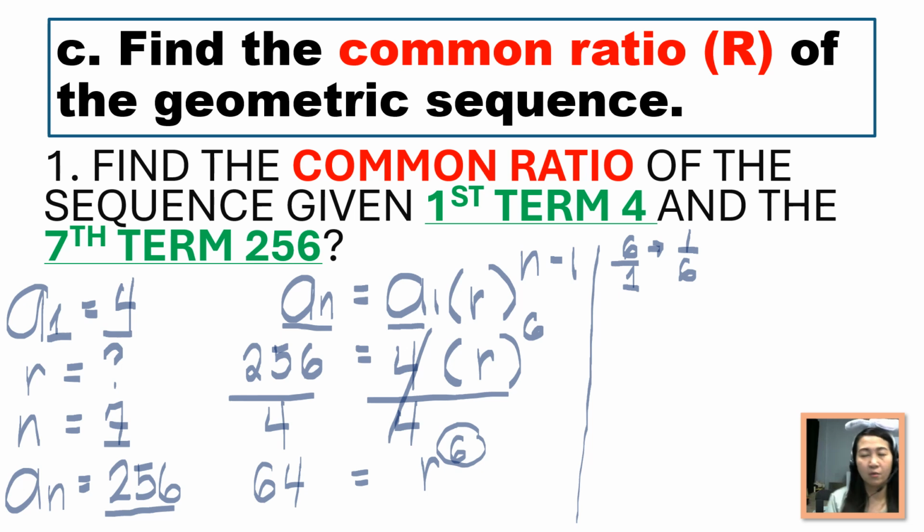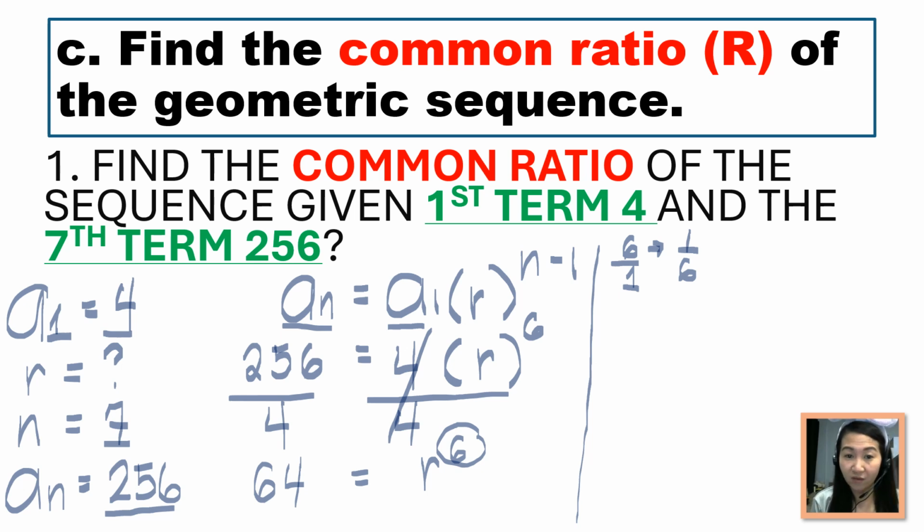If I am going to ask you a question, what is the reciprocal value of 4? That would be 1/4. One more example. What is the reciprocal value of 3? That would be 1/3. What is the reciprocal value of 2/3? That would be 3 over 2. So again, why are we getting the reciprocal value? We have to get the reciprocal value for us to cancel out the exponent.